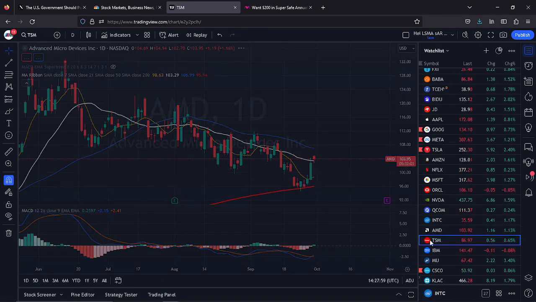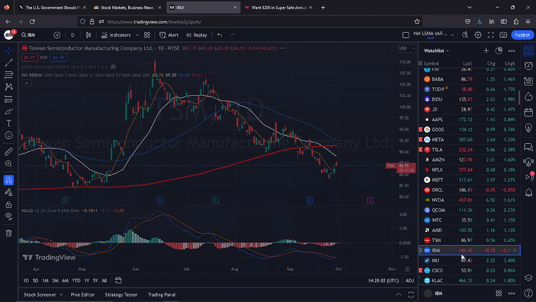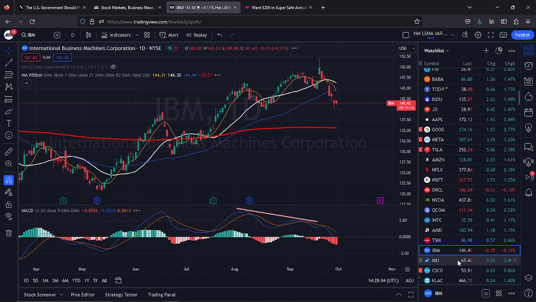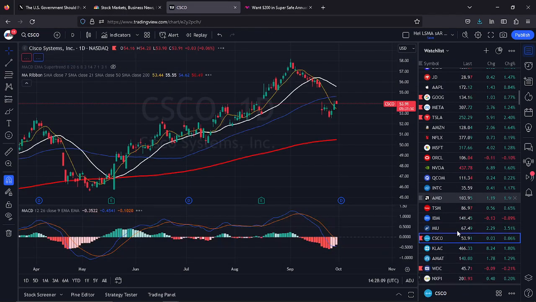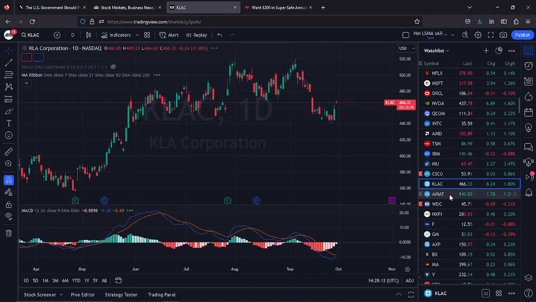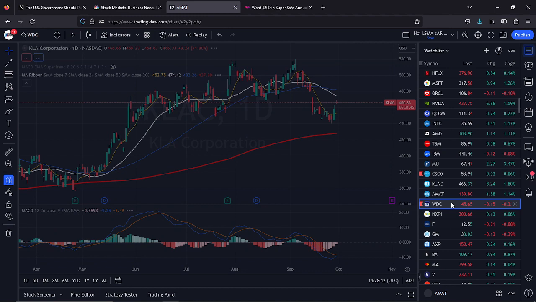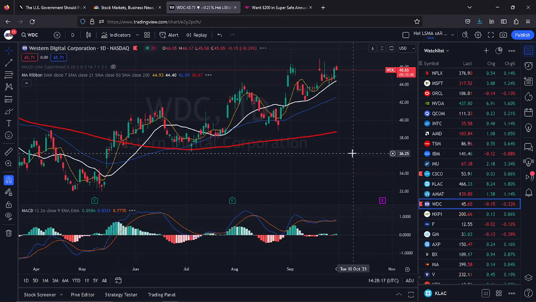These are the usual candidates. Why am I looking at these semis? Because this whole first half year was about semis, AI, NVIDIA. So that's why they're trending. That's why I'm having them on top of my list. If other sectors are trending, they will be the top of my list. Then I will switch those. I play what's hot, what's in play across the market. That's where you're gonna find trend, not the guys that nobody looks at, nobody cares about.